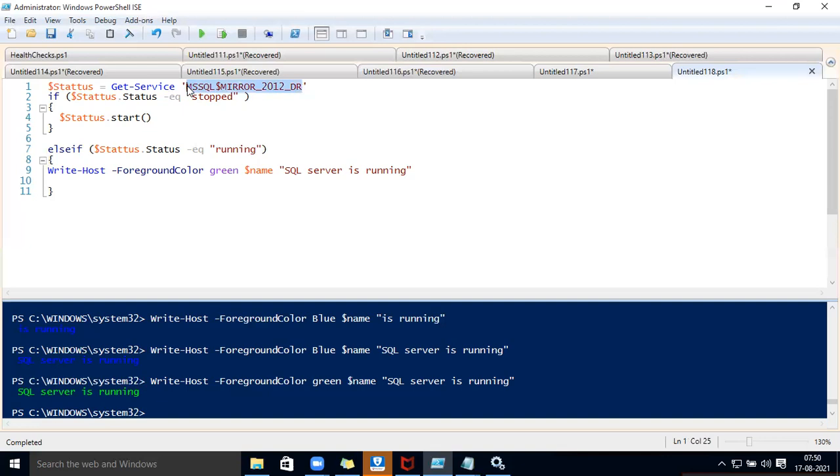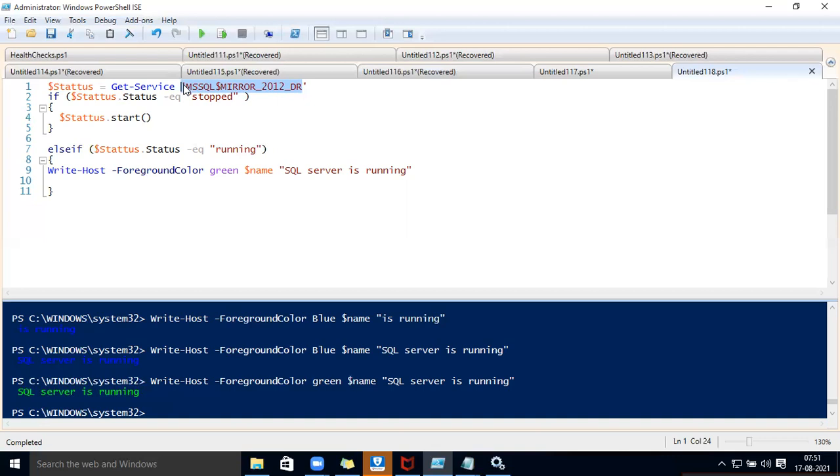Later we are going to learn how to start the SQL services if they are stopped on 200 SQL servers. Here I am giving the service name, but in your office you will give your server name, whatever it is. Go inside it and check that server's SQL service. If the SQL server is stopped, go and start it, or stop it, whatever. But how can we deal with this if somebody gives the server name, how can we write the service name using the server name? That we will see.